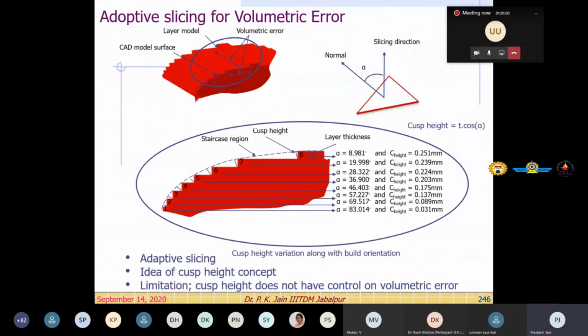Now look at this. I have talked about the adaptive slicing in the first session, right? See on this screen, can you identify where is the cusp height, where is the layer thickness, where is the region, and how much volumetric loss it will take place?